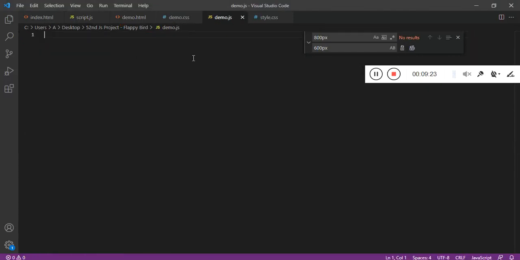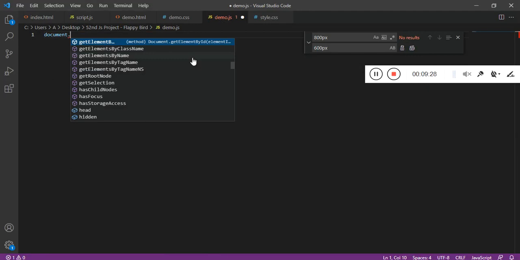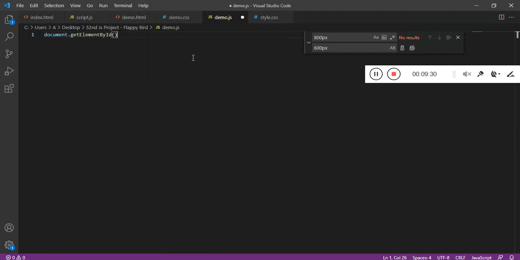So for that, let's have all the HTML tags in our JavaScript by calling the ID. The first one is block, the second one is hole, and we would be having the character, we'll be creating it right now.